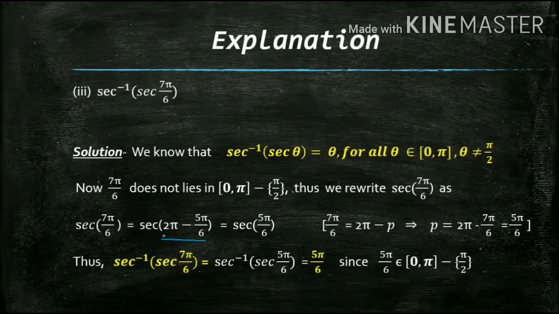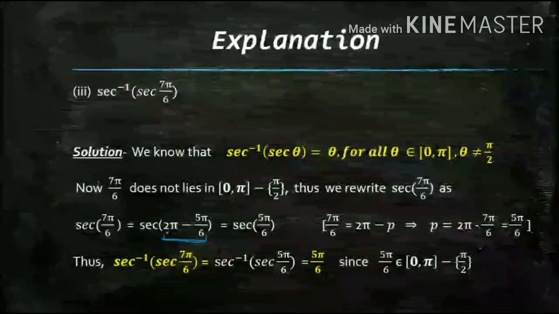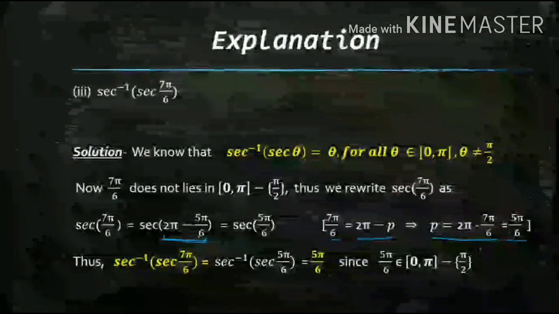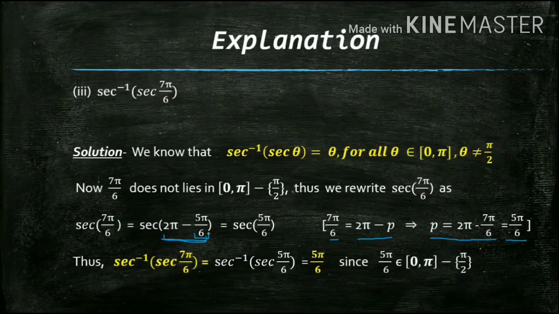Okay, now if you just break it, how can you break this? So you will write 2 pi minus... So how to do this? You will write 7 pi by 6 equal to 2 pi minus some p value which you need to find. That means you have to break 7 pi by 6 as 2 pi minus something. So then p would be 2 pi minus 7 pi by 6, which is nothing but 5 pi by 6. So in this way I get this 5 pi by 6. That is how I have to break 7 pi by 6. But I have to get this clear that it must be 2 pi minus theta.